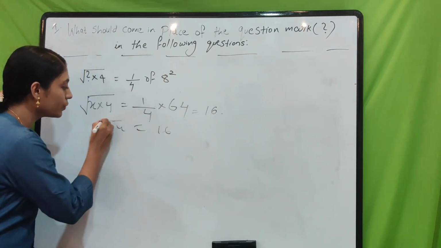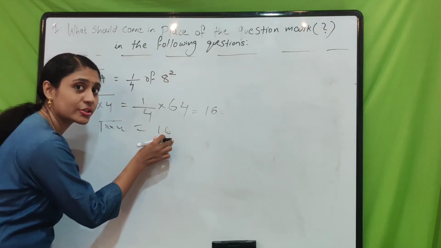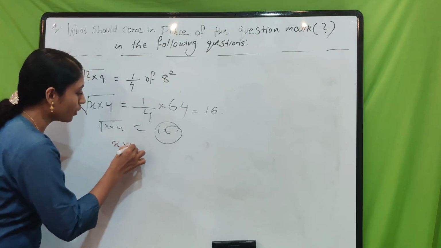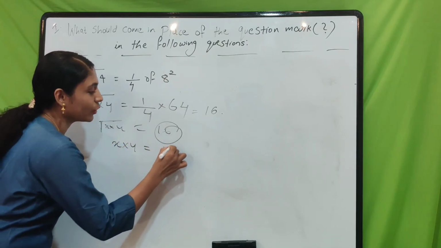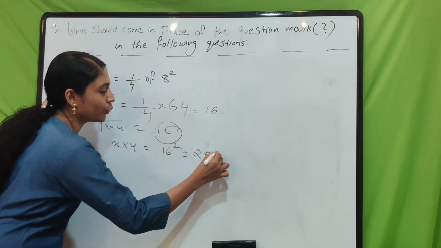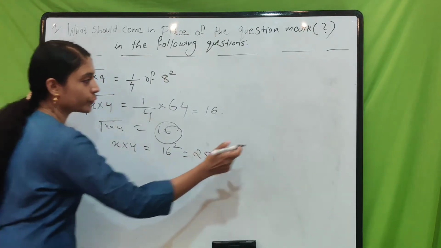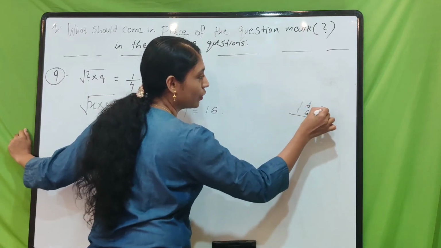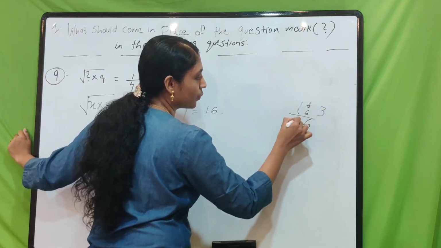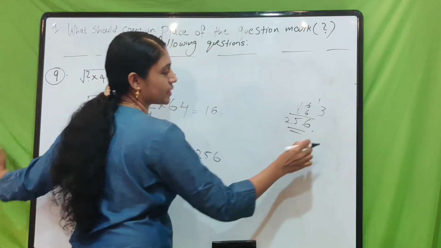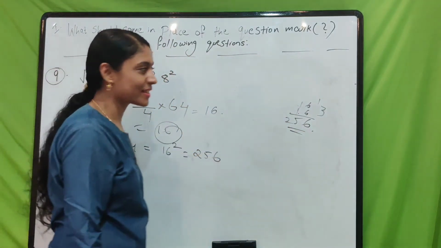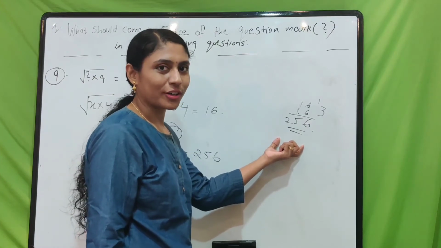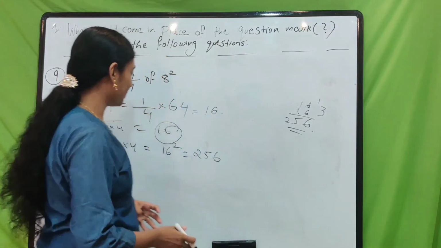In order to remove the square root, what you have to do in the RHS is square the 16. That is x into 4 is equal to 16 square. We know that 16 square is 256, right? Have you got 256? 16 into 16. It is the 2-digit multiplication shortcut method, you know. 6 times 6 is 36, write 6 carry 3, 1 into 6 is 6 plus 3, 9, and so on, giving 256. If you don't know, I will give you the link in the description box for 2-digit multiplication by the shortcut method. So go through that link.